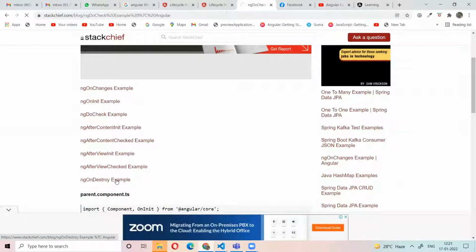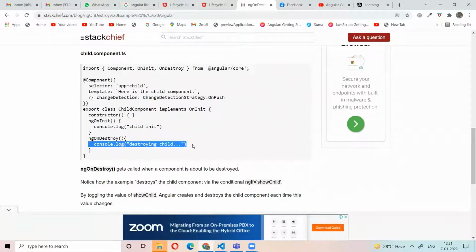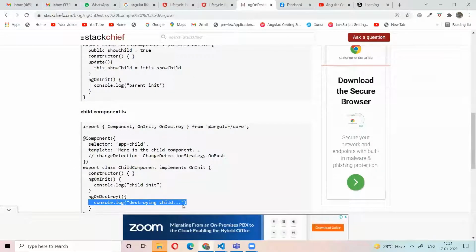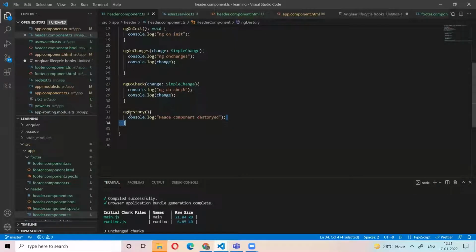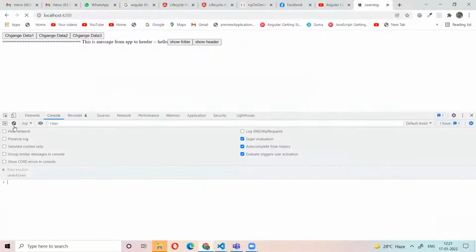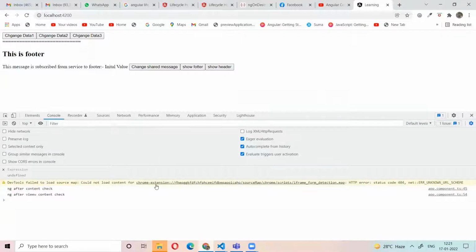So let's take this example. When is it destroying? It must be called. Sorry, spelling mistake: ngOnDestroy. So now go to here again. If you click show footer, the header component will be destroyed and the footer component will load.